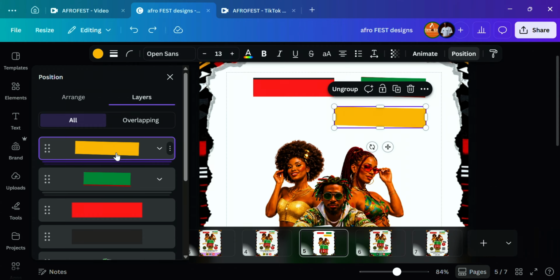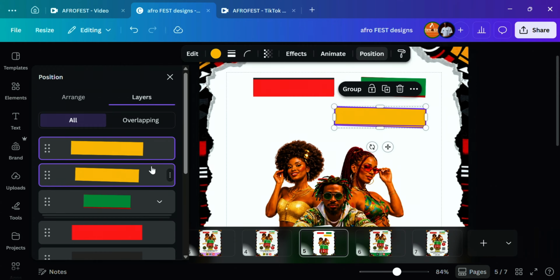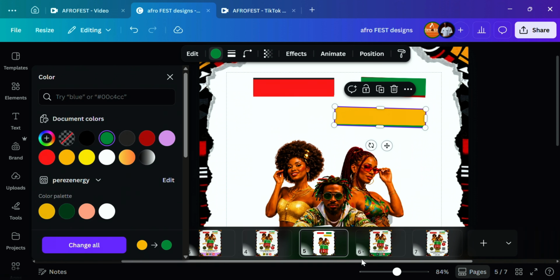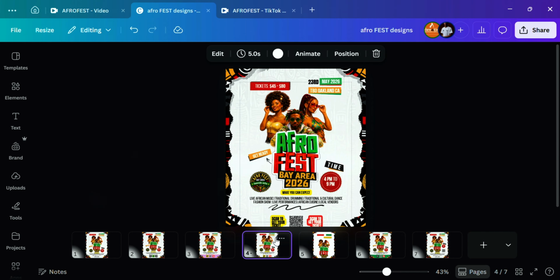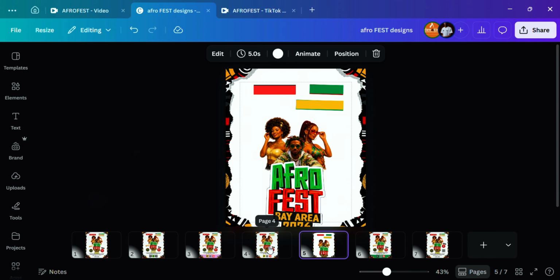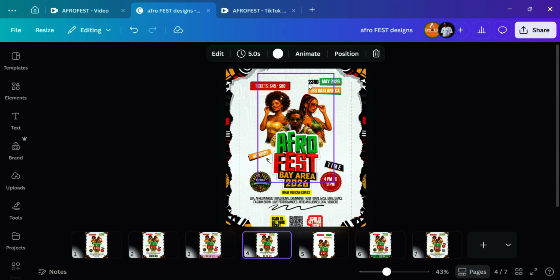Let's just go to position and then we ungroup and then we go beneath, then we choose green. Okay, so that's what we have for now. And if we check, we are getting closer. So with the texts, all we can do before we move on to the texts, let's bring this logo here,